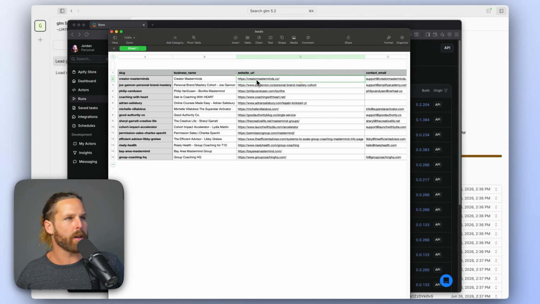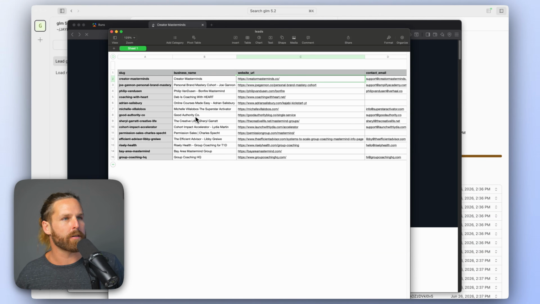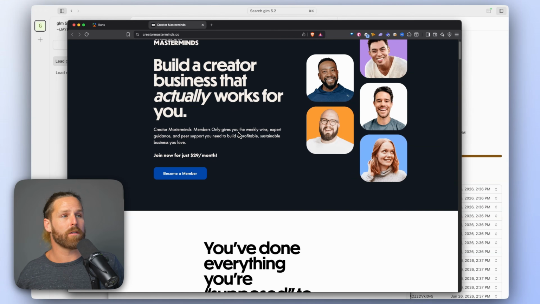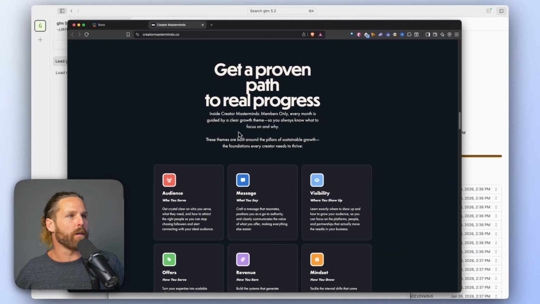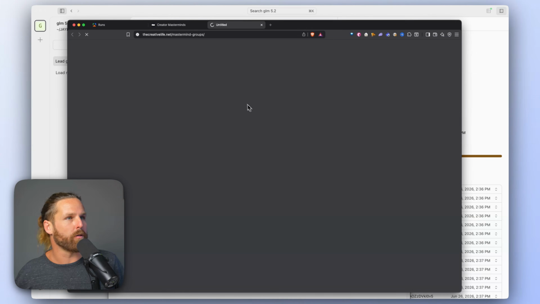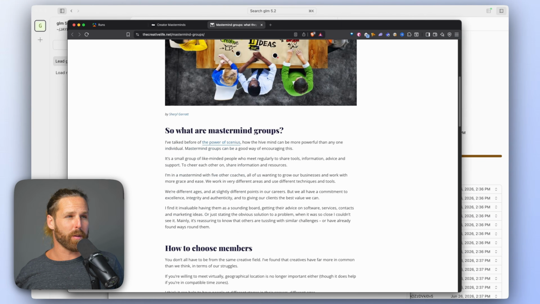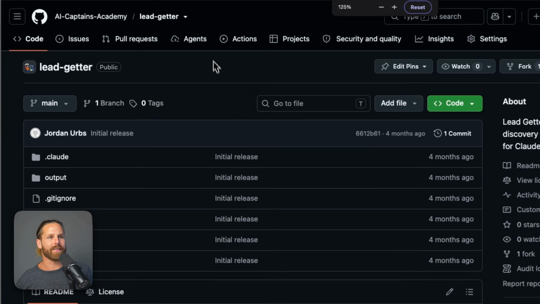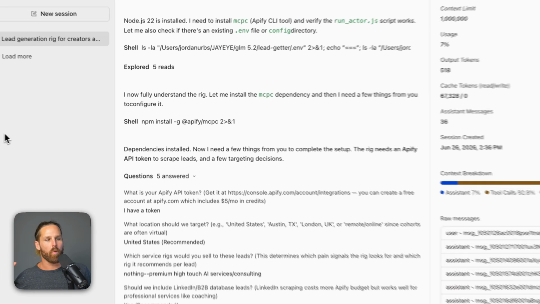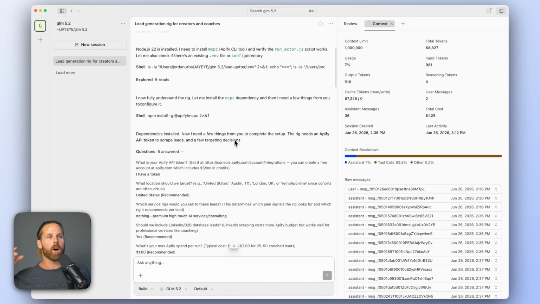What you're looking at right now is a list of creators that offer cohorts. And this is essentially a lead list for someone that wants to pitch AI services. Now, I don't know if these people are actually using AI or not. It's hard to tell from public-facing information. But why I'm showing you this is because I just ran this lead getter harness with GLM 5.2 on OpenCode,